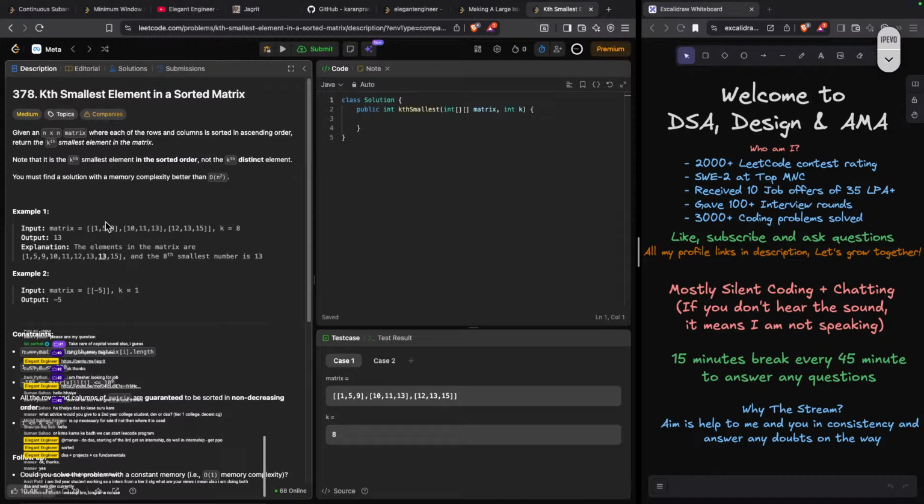This is binary search, right? You can just do binary. This is not binary. It's a good problem.